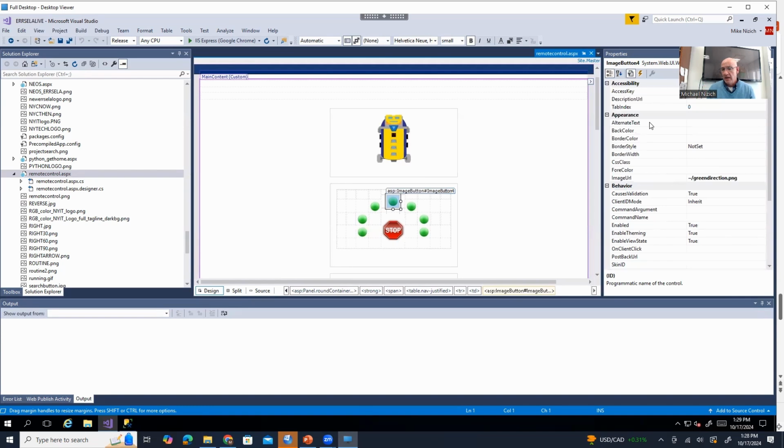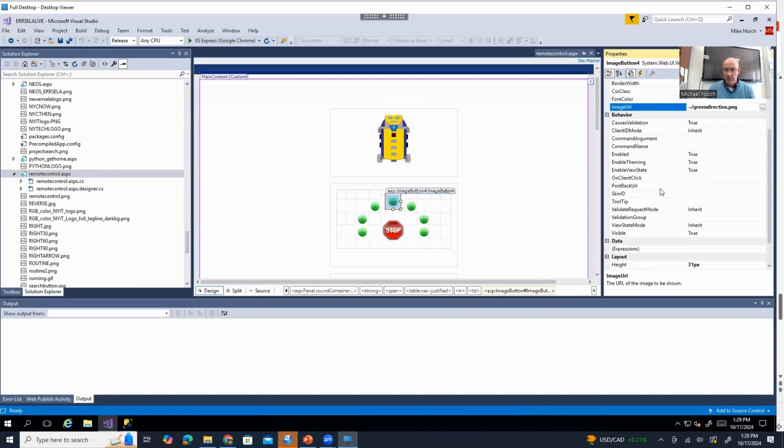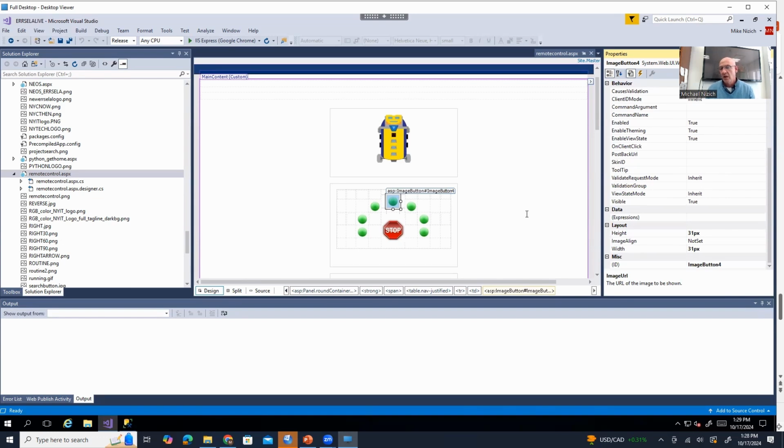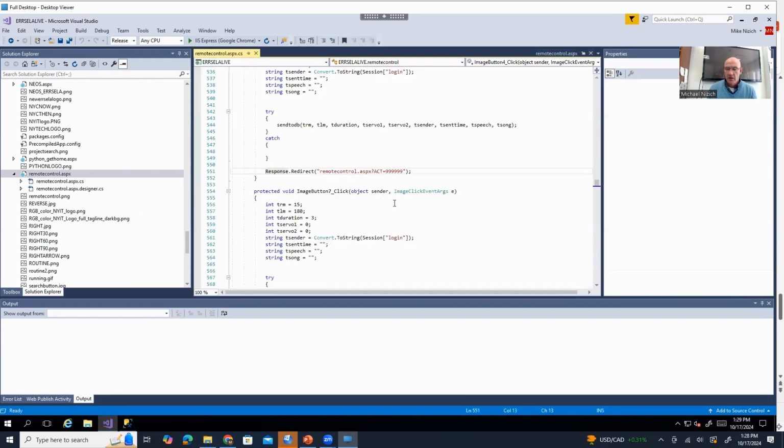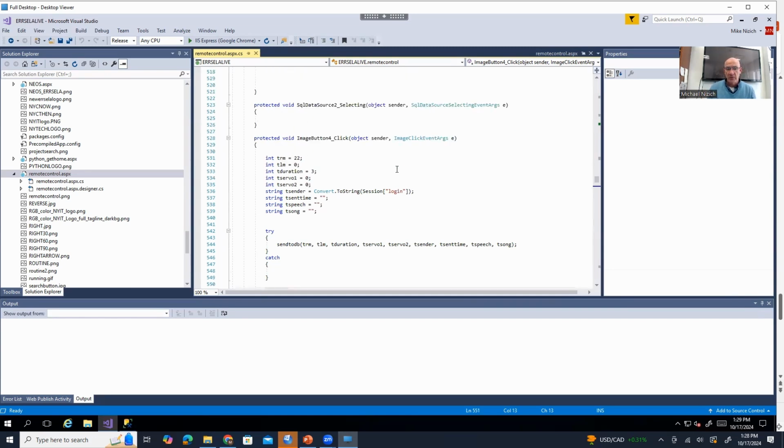button, and here is all the details of the button. We could change the color of the button, we could change the style of the button, we could change what the button does, we could change the image of the button, right? This is all configurations to make the button look like we want it to look and where we want it to look. But if you double click, you go into the code behind, right? You go into the C# code and what that button is doing. And this is where the magic happens, where we're taking